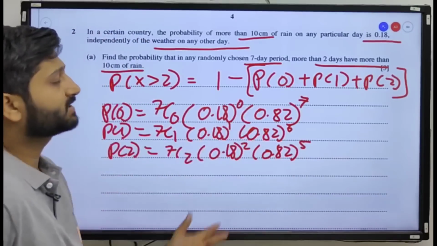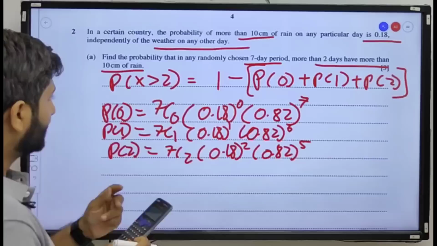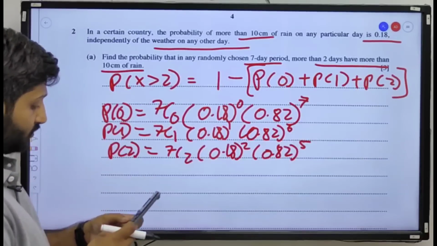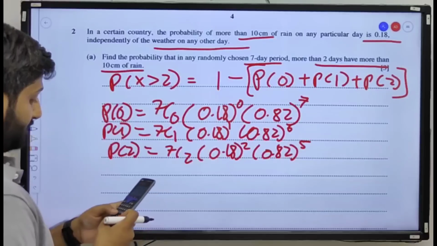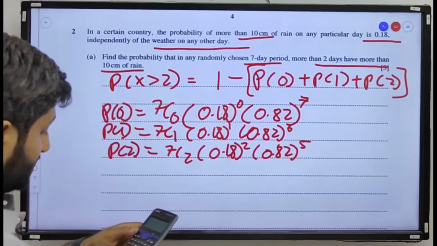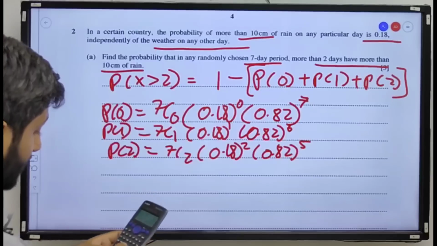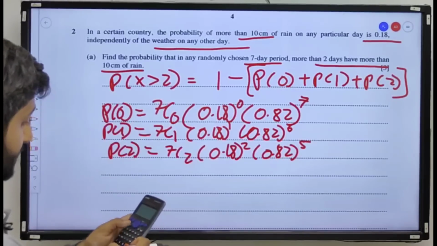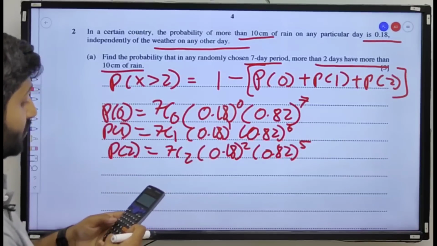Make sure the total power is 7. So let me do that. 7C0 is I think 1. So 0.82 power 7 plus 7C1 is 7 into 0.18 into 0.82 power 6 plus 7C2